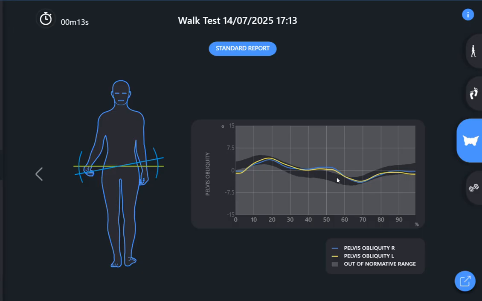And again, the drop sitting closer to that expected norm, but again, a little bit of deviation in that, maybe coming in a little bit flat, a little bit low on this side. Which shows that the pelvis is just being held in that stiffer position, which gives us a good load of information